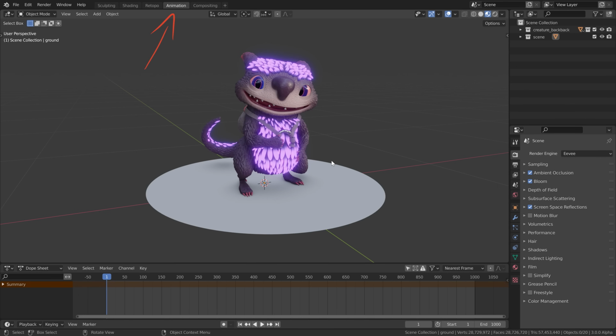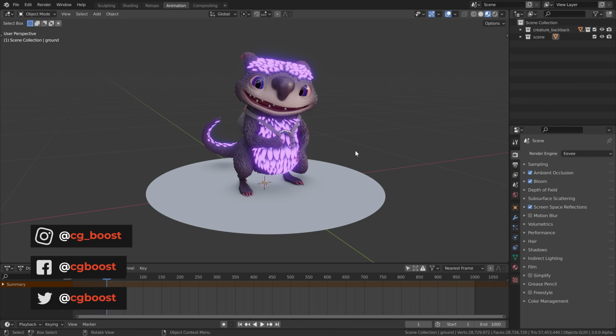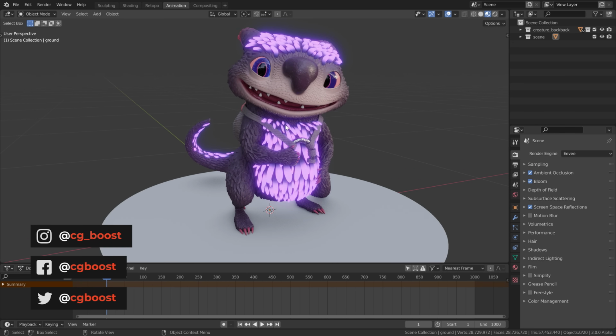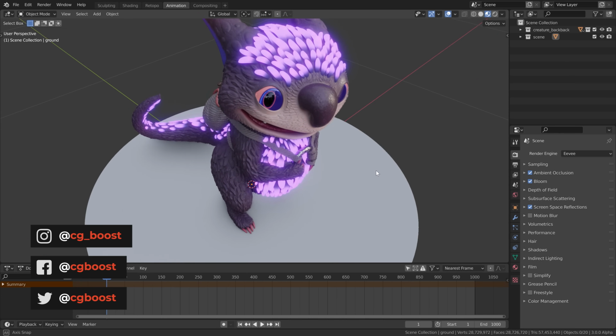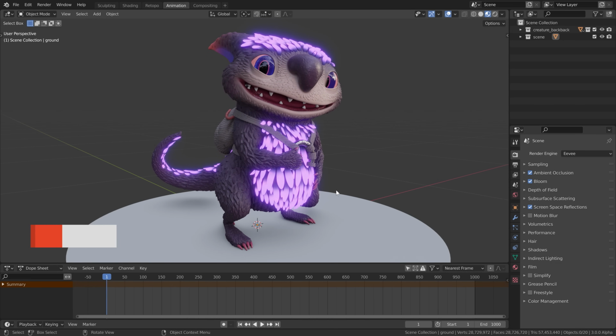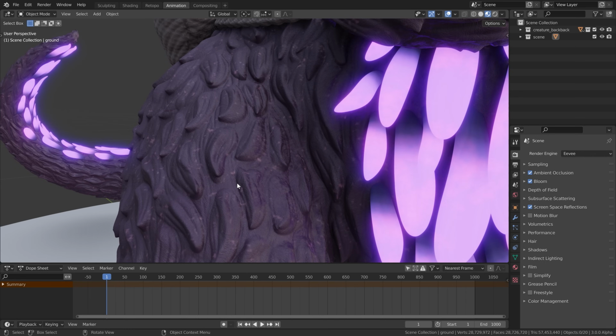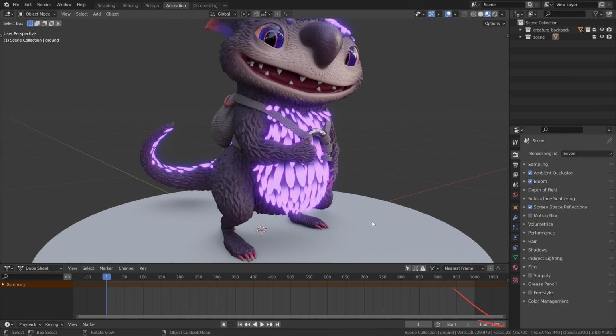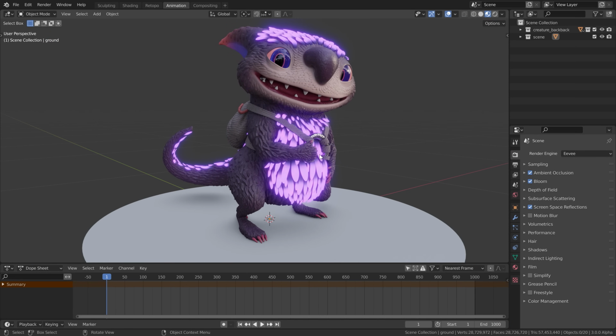Alright, first of all, let's have a quick look at the scene here and what we need to get started. So first of all, here we have the subject, which is this little cute creature, which we create in my sculpting course, including also all the shading and stuff like this. However, as you can see, the creature is pretty high resolution. It has 28 million faces, and since I'm using the multi-res modifier, we can simplify this by going to the